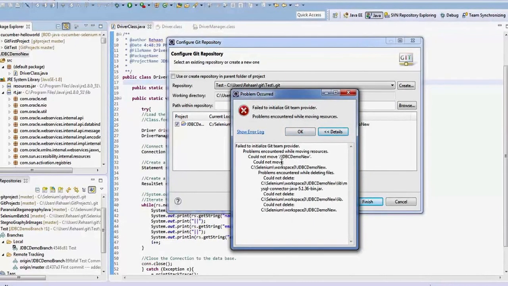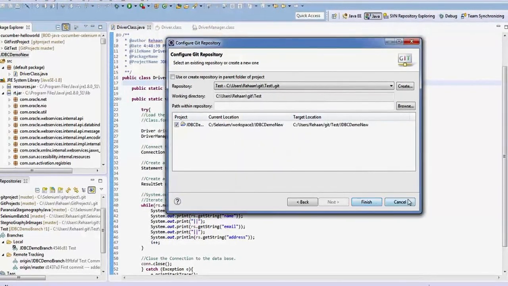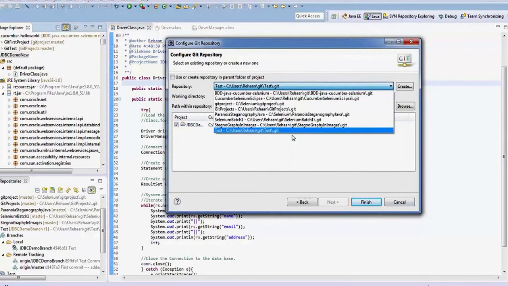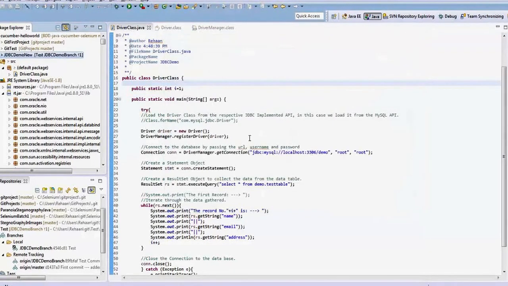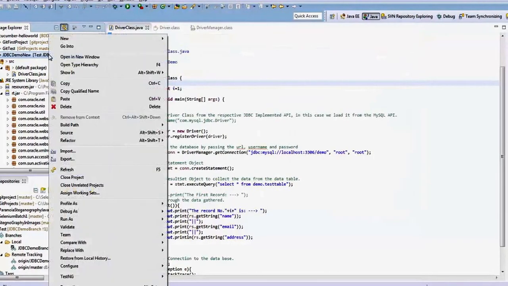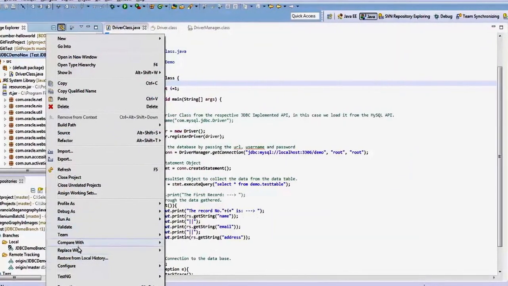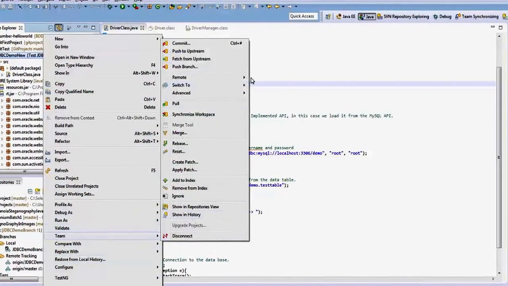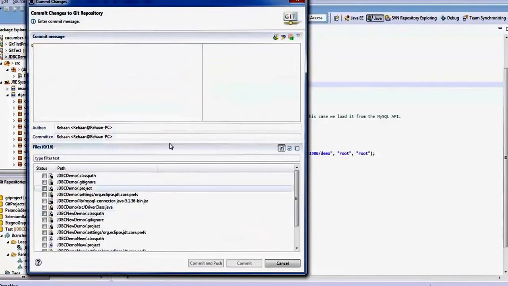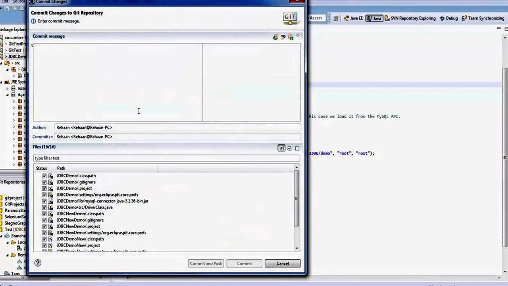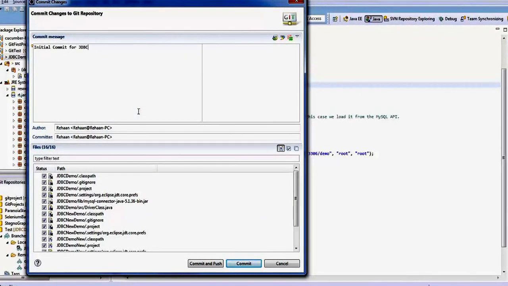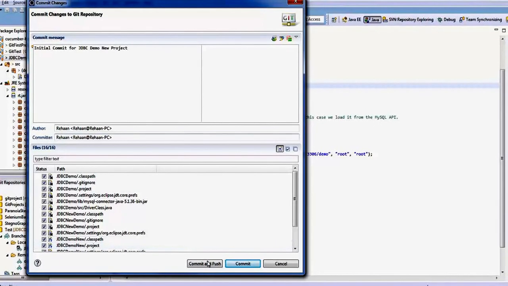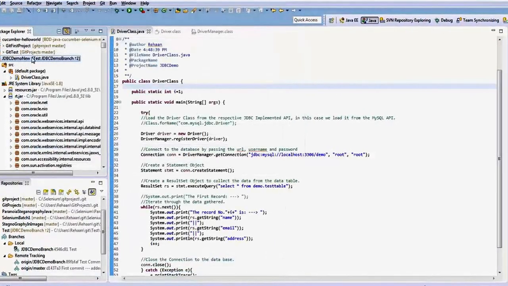Looks like I'm having some trouble with this. Not sure why that happened. Right, so I have commented.